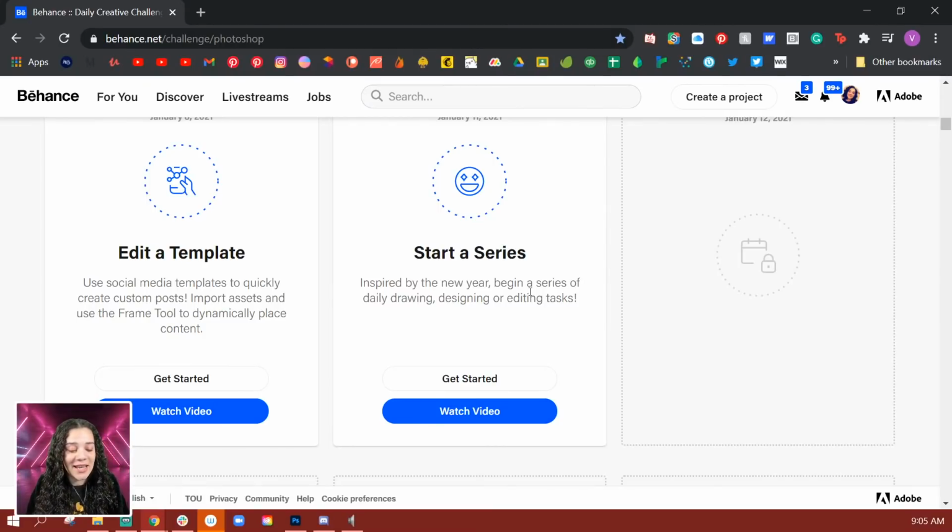So you can see today says start a series inspired by the new year, begin a series of daily drawing, designing, or editing tasks. So this is a challenge that's sort of up in the air. It's really up to you what you want to do. If you want to design a badge, that's what you're going to be doing today. If you want to do a painting, that's what you're going to be doing today. Whatever it is that you really truly love to do in design, this is a fun-filled project where you can